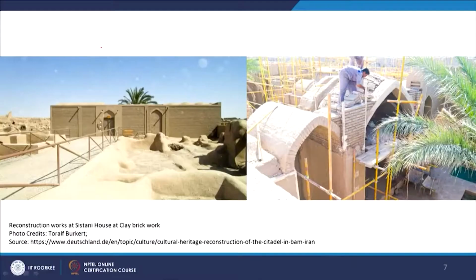That is how they started working on a few examples where a merchant's house has been rebuilt with clay brickwork, and they also use fiber reinforcements, looking at alternative materials which can sustain earthquakes in future as well. So how are they rebuilding these walls and the arches? Because you need to regain the same form, you must first procure alternative materials, and train skilled labor.